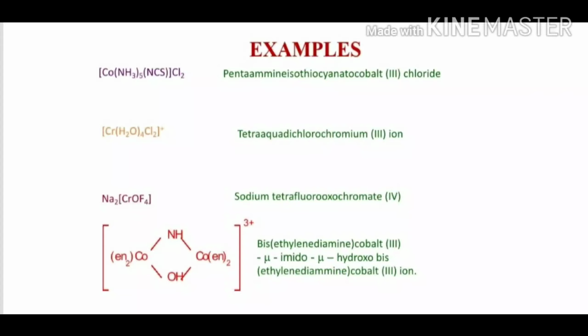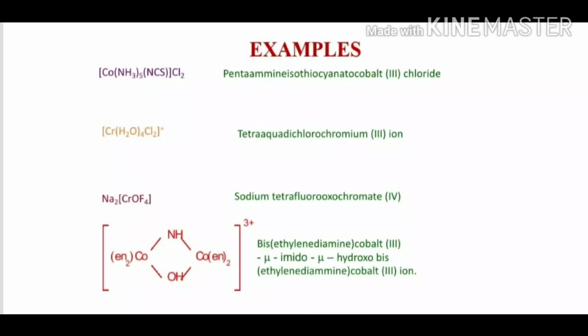So what is the oxidation number of the central metal ion cobalt? How do we calculate it? You see outside the bracket 2 chloride ions are present, so there is a 2 minus charge, which means outside the bracket there is 2 plus. Inside the bracket you see the ammine ligands, which are all neutral. Then another ligand is the isothiocyanato ligand, which is a negative ligand. So the cobalt carries 1 positive charge, and outside the bracket there are 2 positive charges. So totally there are 3 positive charges. So the oxidation number of cobalt is 3.